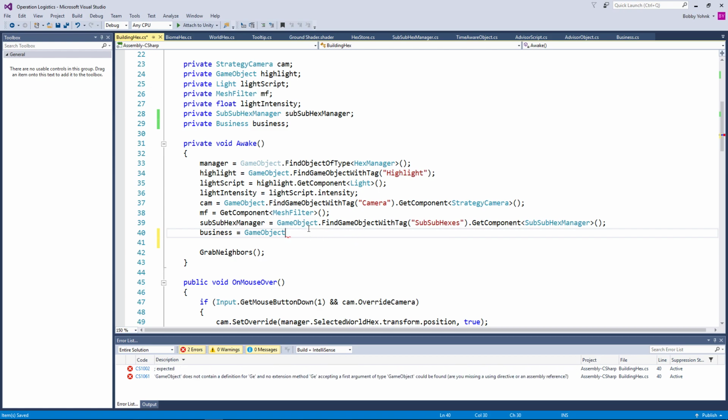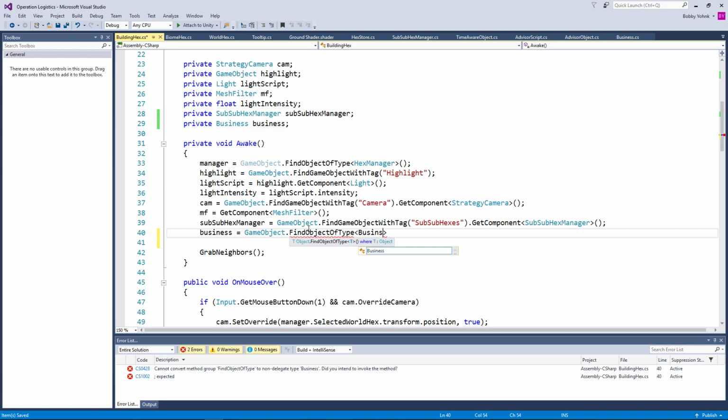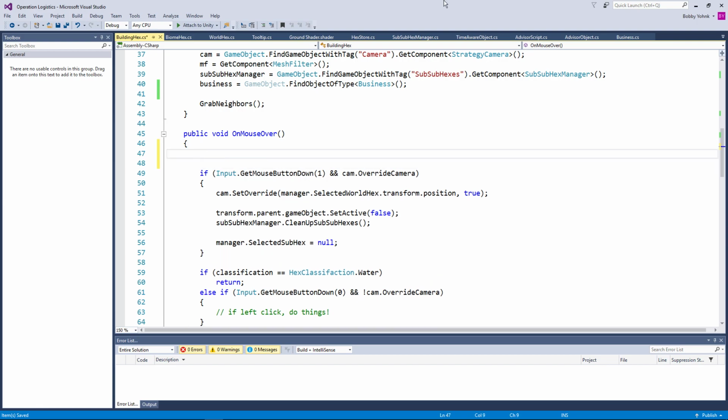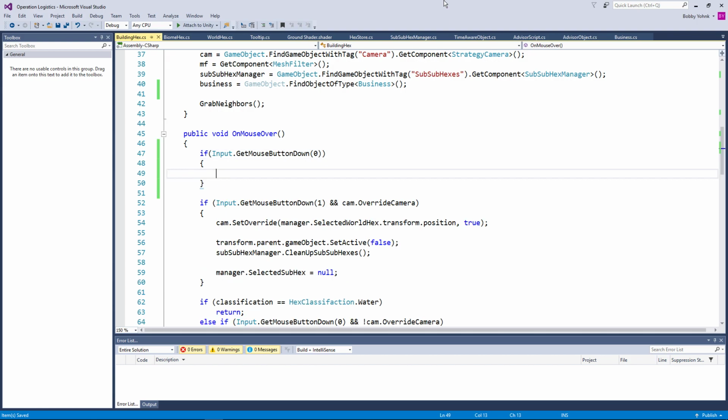Why am I even doing this? Game object dot find object of type business. There's only one, so there we go. We now have access to the business in the building hex. And then on mouse over, we can say if input dot get mouse button down 0. So if we mouse over it and we do the get mouse button down 0, so if we left click on it